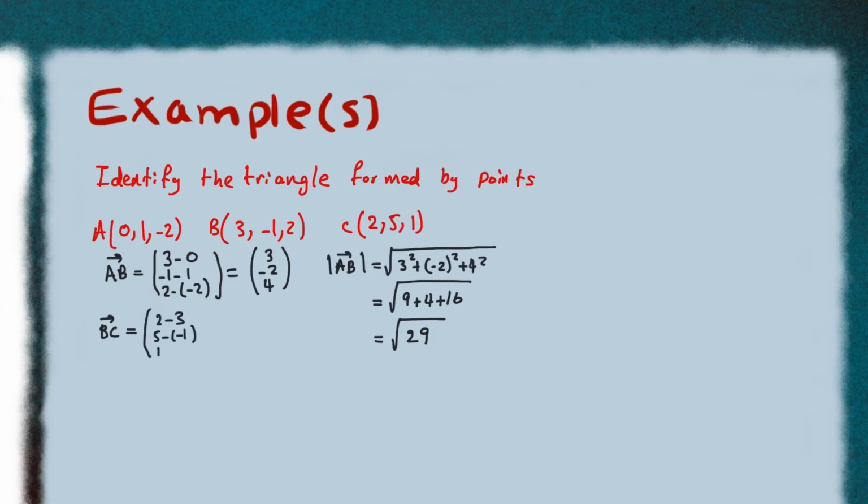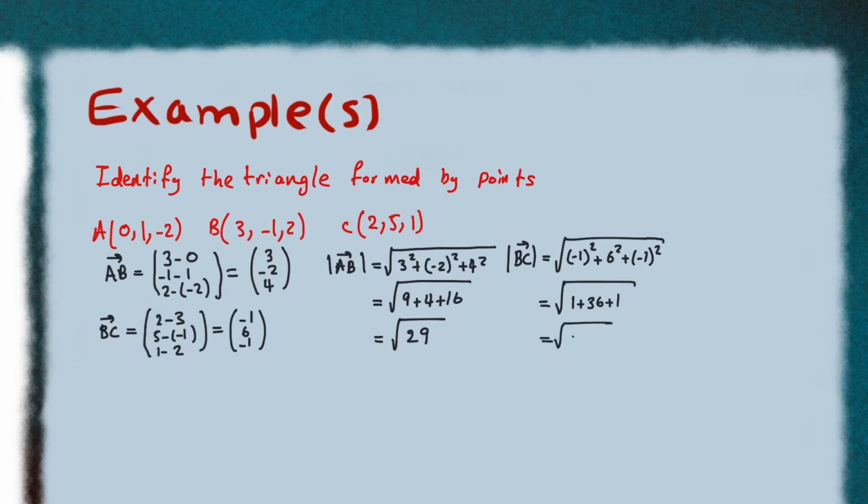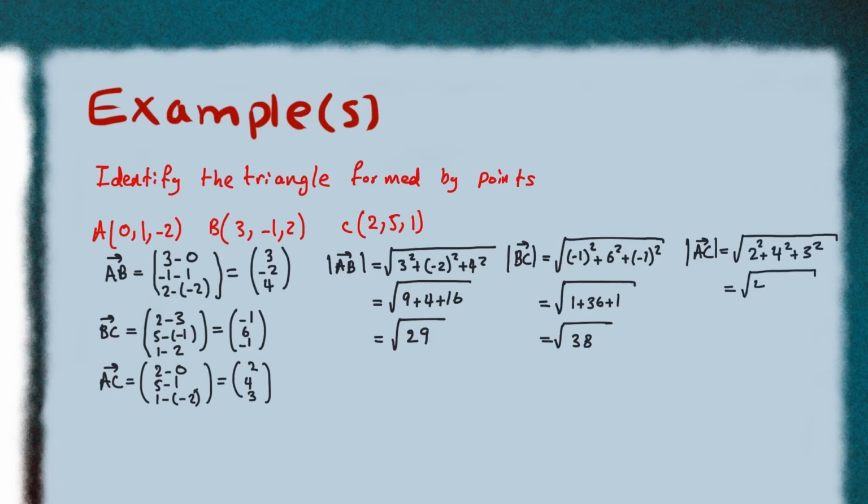So vector BC is going to have components -1, 6, and -1. And then we can write the magnitude equation again, which is the x component squared plus the y component squared plus the z component squared, and that's 1 plus 36 plus 1, which gives us square root of 38. For our final vector AC, the components are 2, 4, 3, and its magnitude is the square root of 2 squared plus 4 squared plus 3 squared, which is 4 plus 16 plus 9,